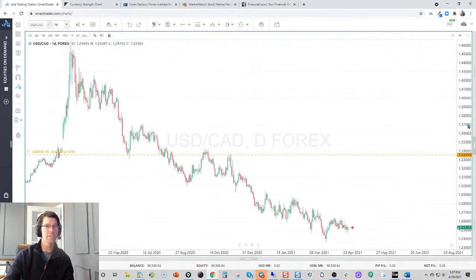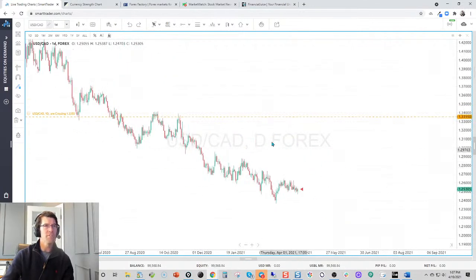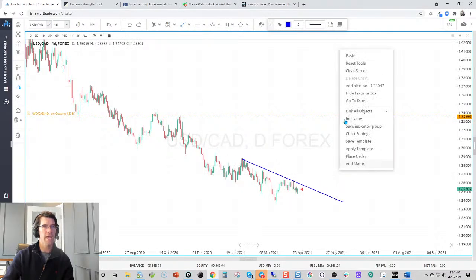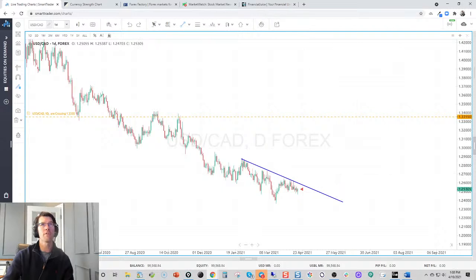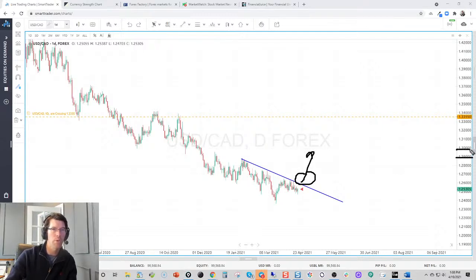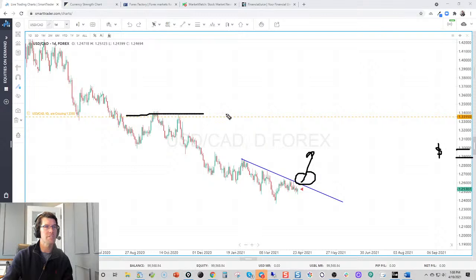Okay, and so if you look at this, I think we talked about this last Monday. The dollar CAD is still one of my favorite trades in Forex. Okay, I really like this structure right here on the dollar CAD, and I think that if we make a break for it, we want to see some nice confirmation on the right side of this trend line. I'd love to see the dollar CAD heading up towards 1.29, 1.30. Those to me are some pretty solid profit levels. That's a nice little window to take profit, and if it proceeds to go any higher, then I'm looking at this level here around